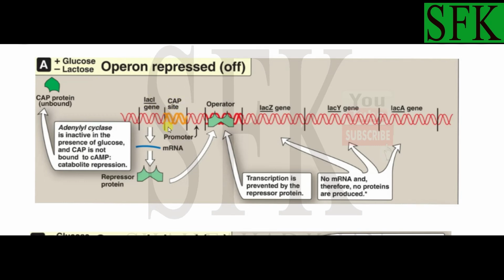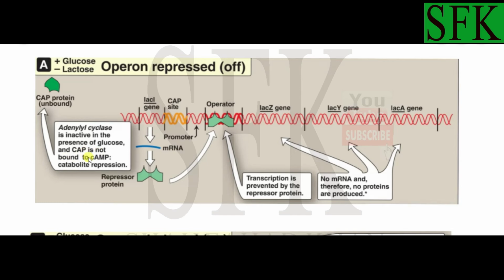And if it will not be able to bind to the cap site, then this will stay repressed. Right? Now, it is inactive in presence of glucose. And this inactivation of the adenyl cyclase in presence of glucose is known as catabolite repression. Okay? Catabolite repression. Okay, so basically this is due to the adenyl cyclase being inactive in the presence of glucose,